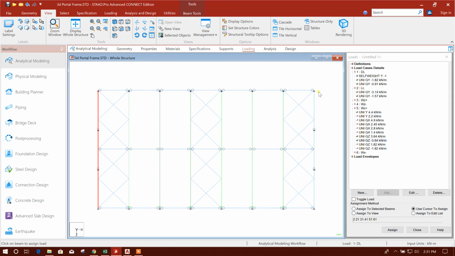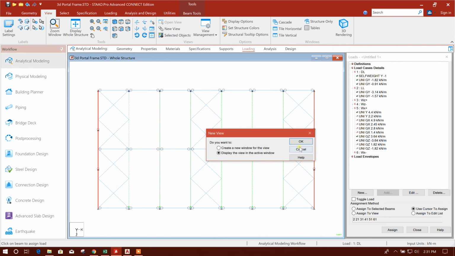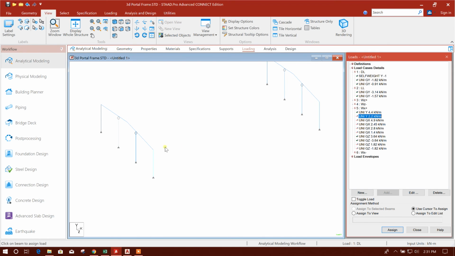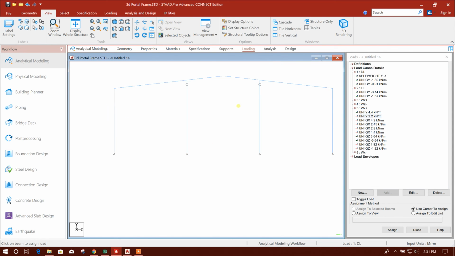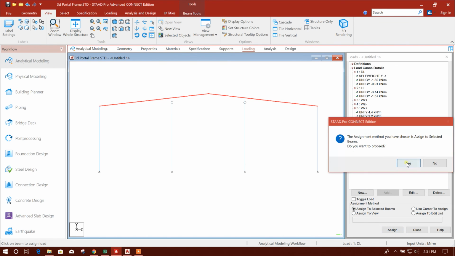Select this one and this one, create new view. Okay, this windward wall, first we will go to this one, windward roof for both side roofs. This is 2.2 assigned to selected beam, yes,